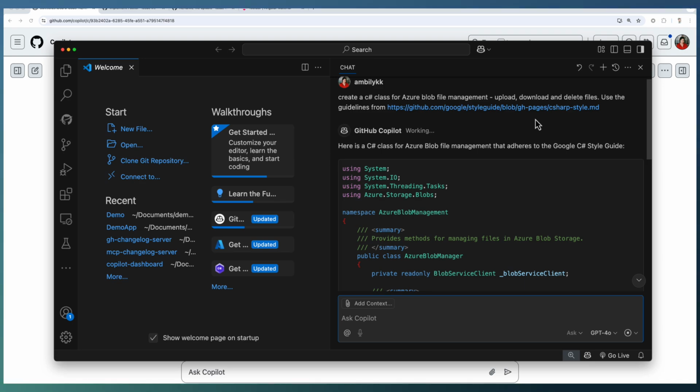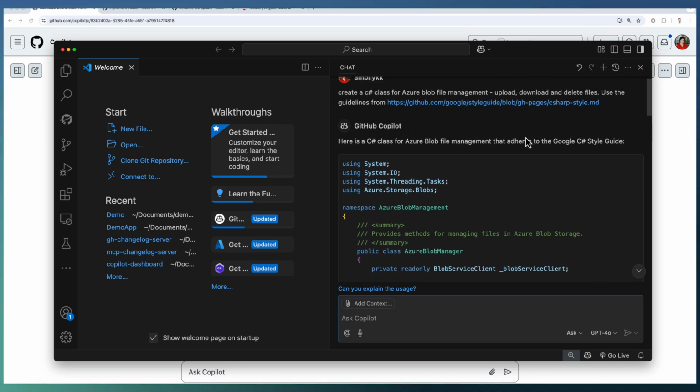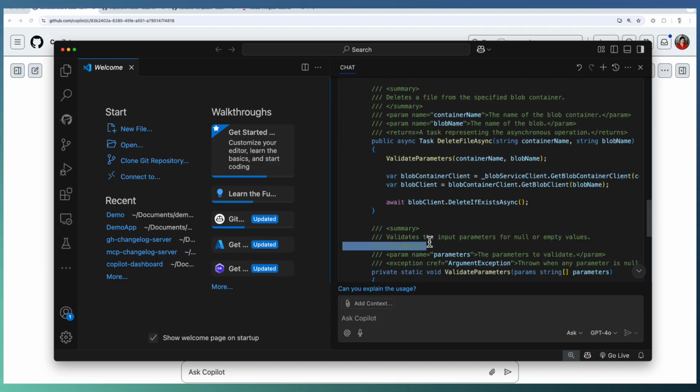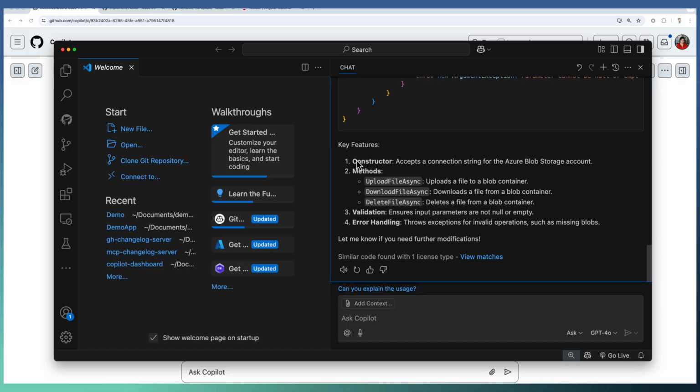So here the context is more towards the standards defined in a repository. This URL context, or the context from the links, helps you cross-reference multiple repositories. You may have a repository with API definitions and you are working in the UI application. You can refer to those API references through the URL directly. Or another coding instruction or any data you want to refer to, you can do it. Here it used the Google C# guidelines for defining this complete class, and it summarizes what kind of features it used for